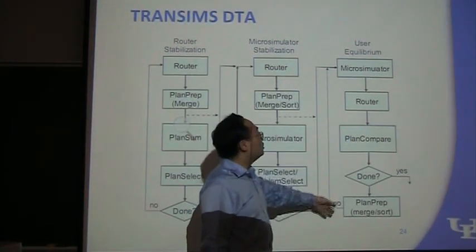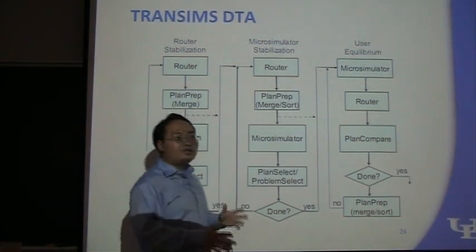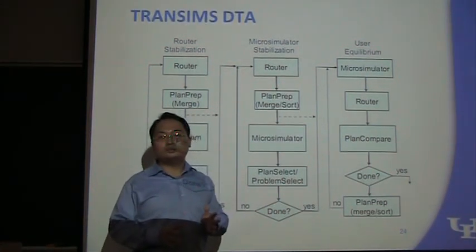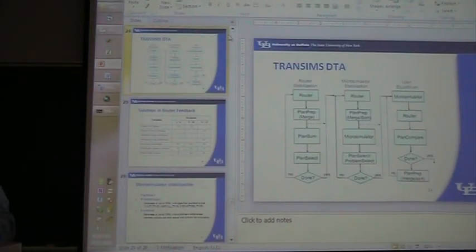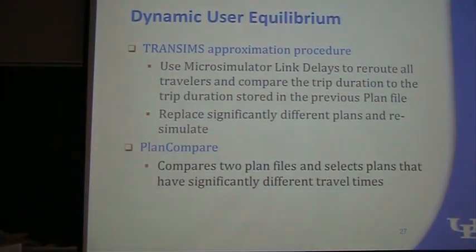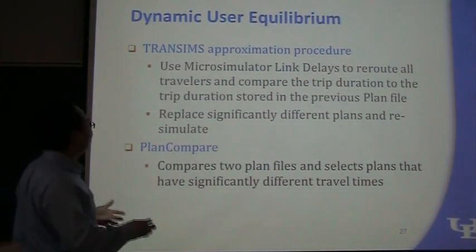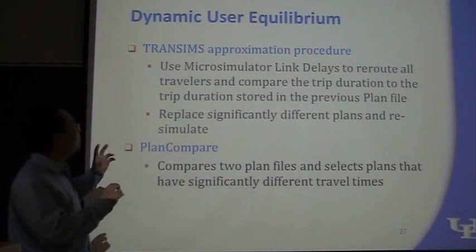In this stage, we are going to reach the user equilibrium condition by a tool called plan compare. Let me introduce that. So we already know what user equilibrium is. And transients uses an approximate